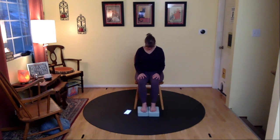Drawing your chin down. Inhale the crown of your head up. Draw your shoulders back and down. So let's move into Shavasana. We have about 10 minutes. And what I would like you to do